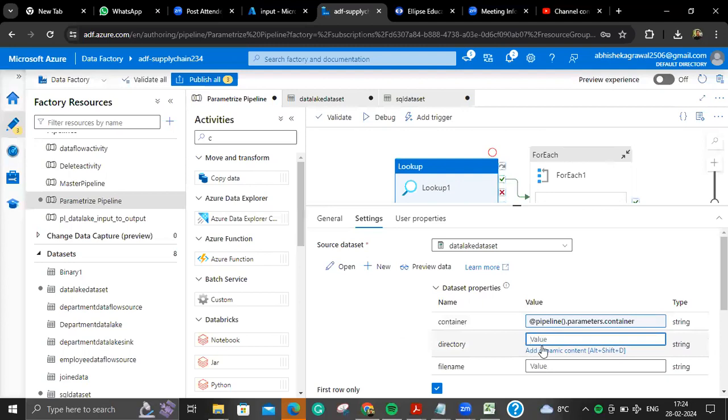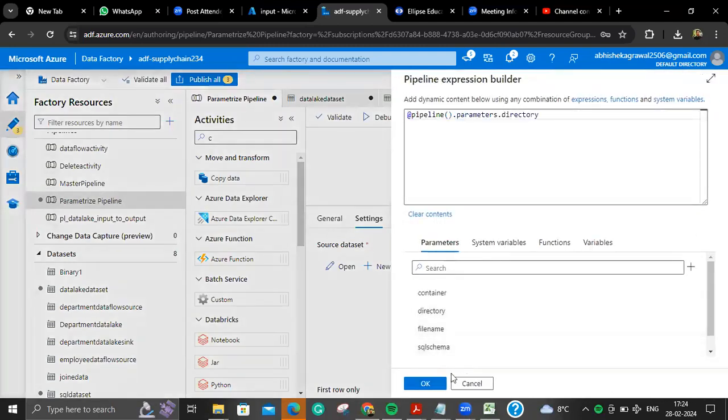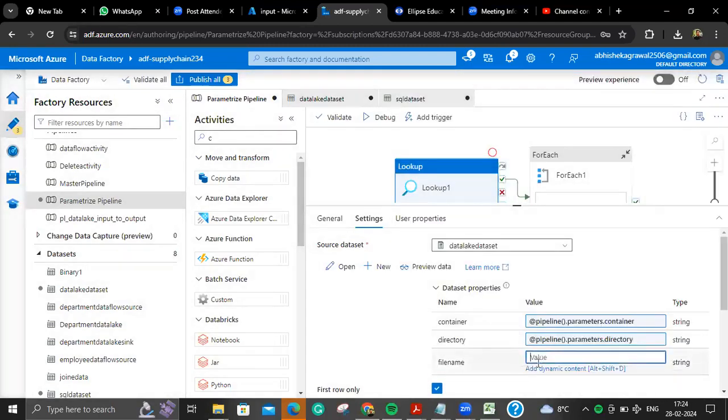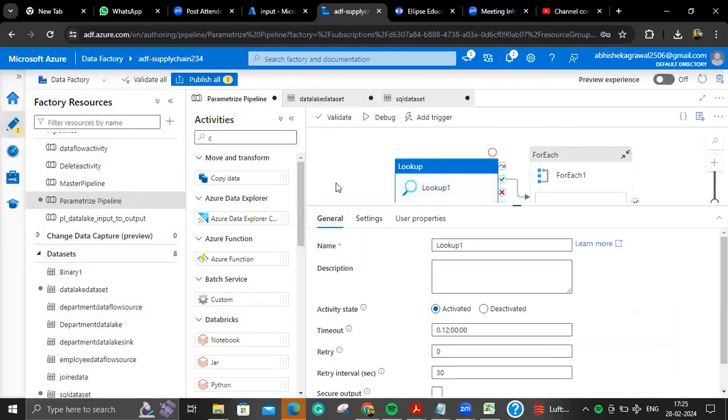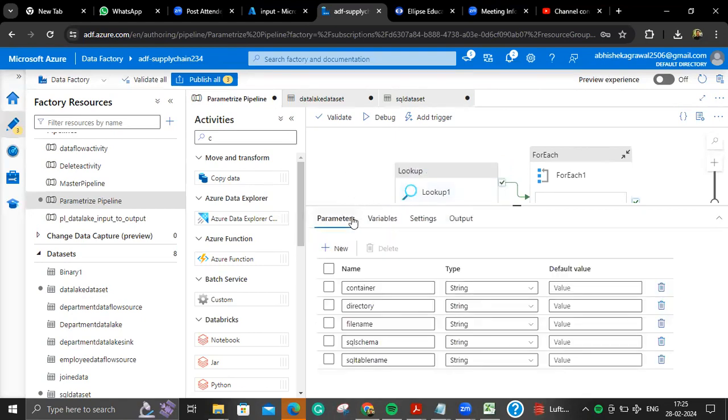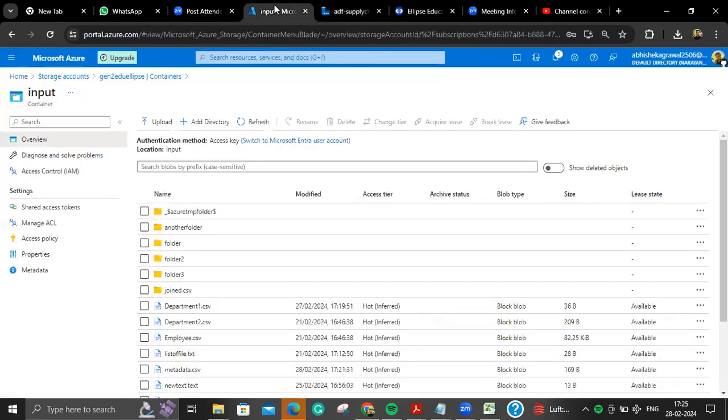Yeah, so I am just using the same data set. If you see, I am just passing a different value, right? So here now in the lookup activity, I will refer to my new data, like new container name, directory name,